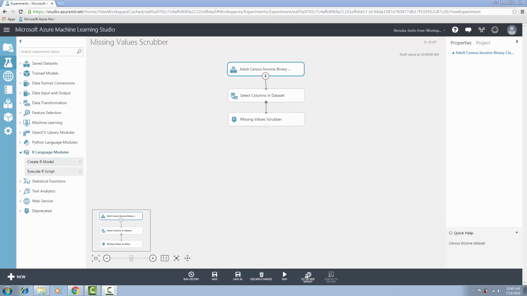Today I am going to talk about the missing value scrubber control in Azure ML. This is one of the most important controls you want to utilize when you pre-process your data. It provides some basic methods for handling missing values. It expects a dataset as input and it returns a dataset with missing values that are substituted by a method